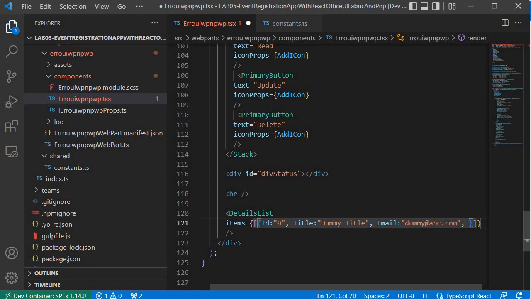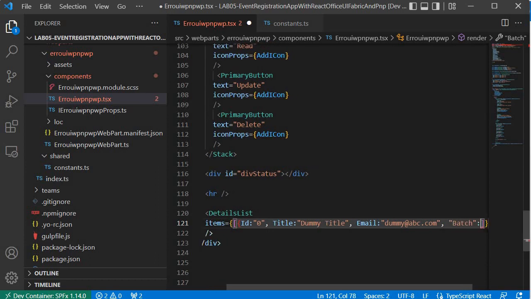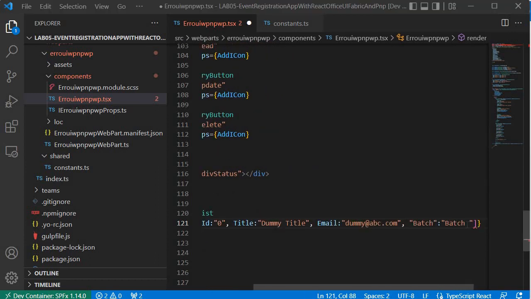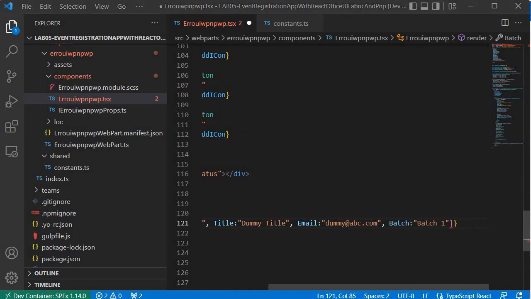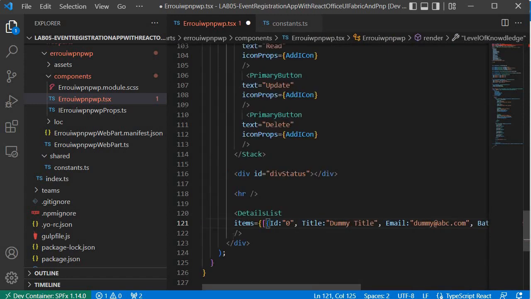Next we are having batches. So for batch I will specify over here batch, and this is going to be batch 1. Now next we are having batch 1, and then we are having level of knowledge. Over here we should close this bracket, and over here we should mention the level of knowledge. We will tell level of knowledge, and here it is. Again I will take the same value. So we are done with the dummy value creation for items,